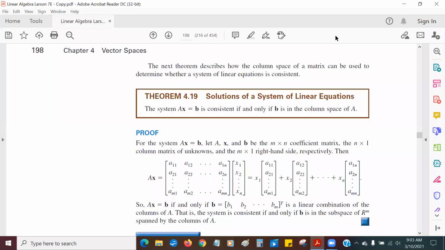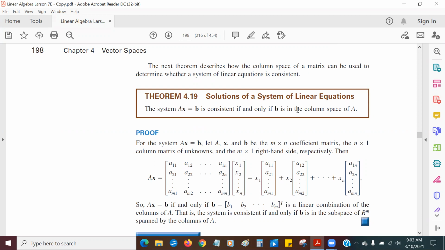Now, this next theorem here is pretty straightforward. It's pretty common sense, really, and we'll see the proof is pretty simple. Ax equals b is consistent. Consistent means it has a solution, as opposed to sometimes there's systems of equations that don't have any solution. Sometimes there's no solution. So it is consistent, meaning it has solutions, if and only if b is in the